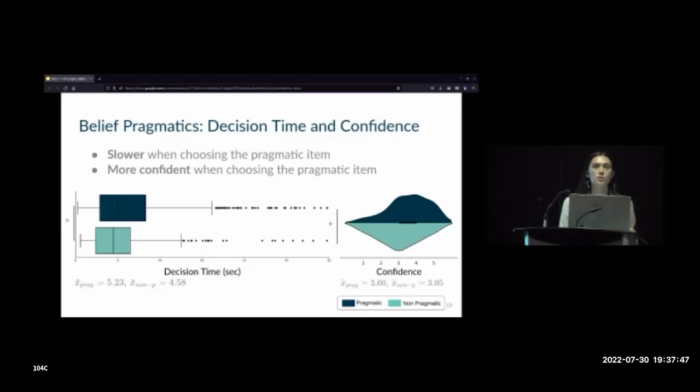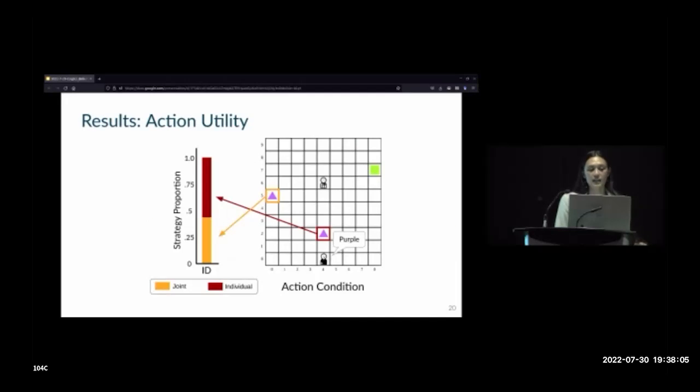And this also fits with a lot of the empirical evidence and RSA-based models of this phenomena, where pragmatics is a more complicated reasoning process that sits on top of more simple, literal ones. So the next condition we can look at is the action utility condition, and we do the same thing,